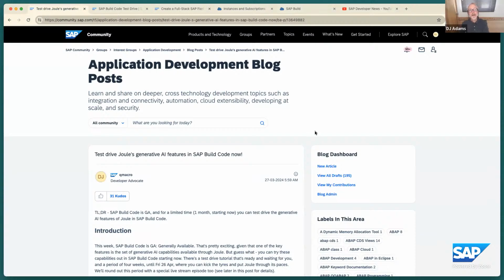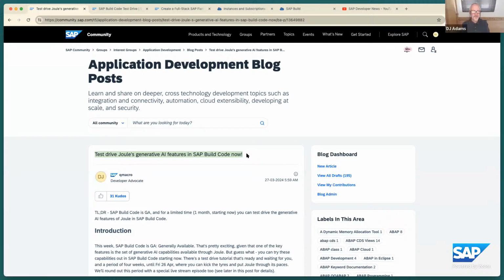So, what are we going to be talking about today? Let me share my screen already. Desktop one, share. There we go. We are going to be digging into Joule. What is Joule? Joule is the anthropomorphic embodiment of the generative AI features in SAP Build Code. So we're going to be digging into that today. Is that right, Tom? Are we in the right place for that? Yeah. Hope everybody is excited to check out Build Code. I'm wearing my Build Code t-shirt today, so I'm ready to go.